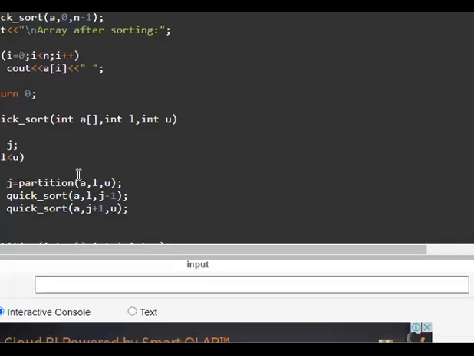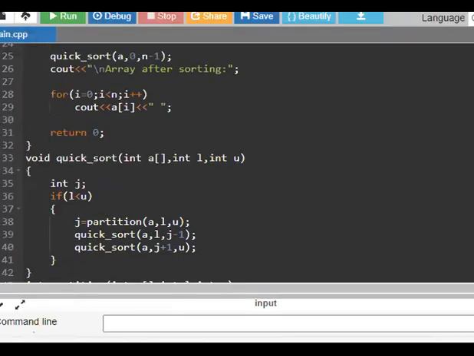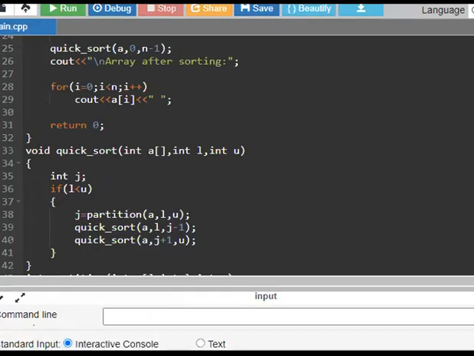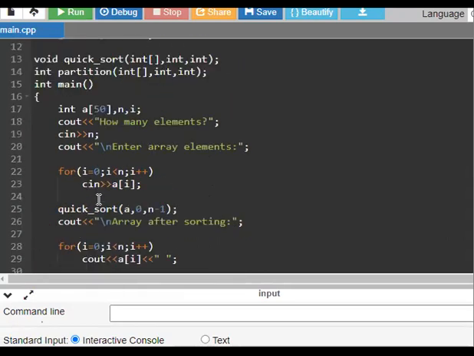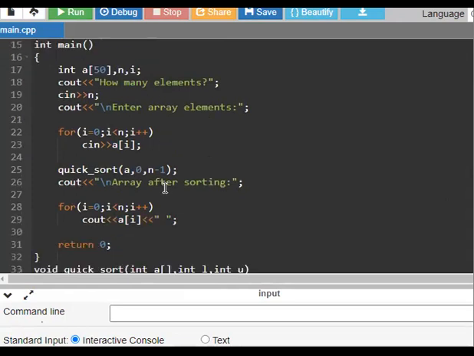When I compiled the algorithm in a C++ compiler, the partition function and the quicksort function are declared.